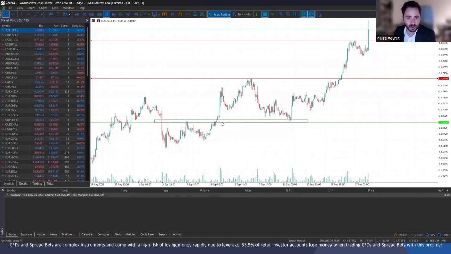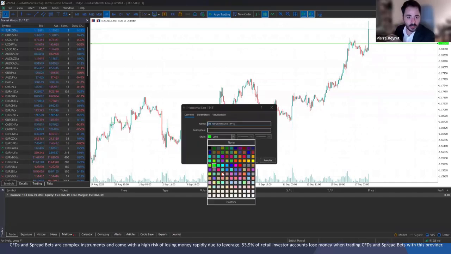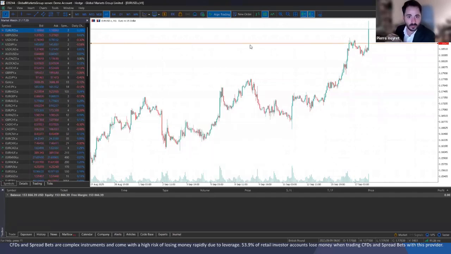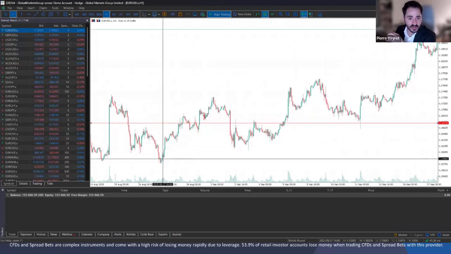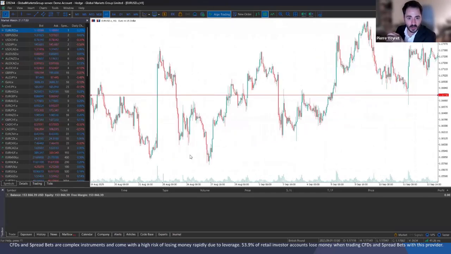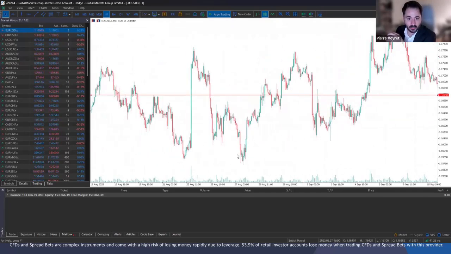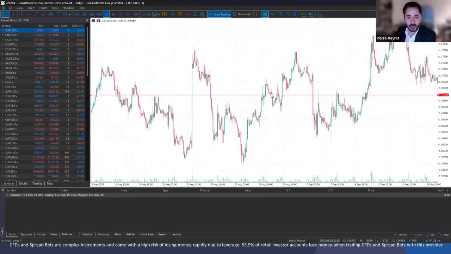Look, let me remove those. Let me put this one in red so you can see it. Look. So for example, if you take this price swing right here, okay? So let's say we're here at the very bottom of it, okay? We have a bullish move, all right? So now you know that